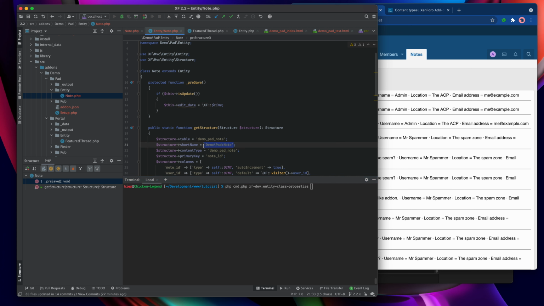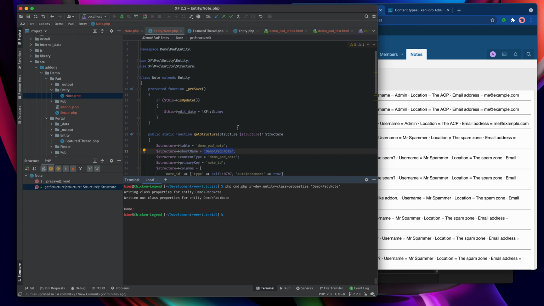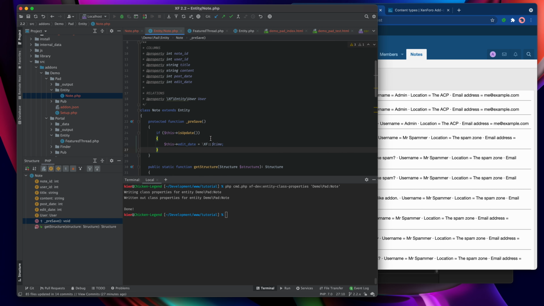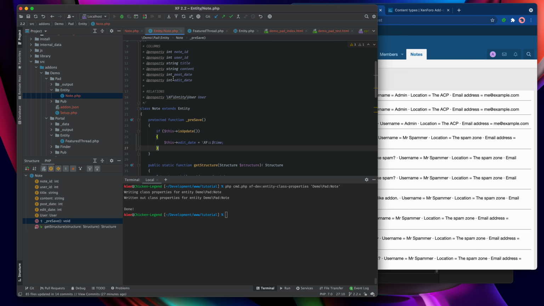So we're going to take that one, including quotes, because otherwise that backslash is going to be escaped. And I'll run that, and it tells me that it's done it. Well, what's it done? Well, if we come back in here and allow it to refresh, we now have properly written PHPDoc for the entire class, which is fantastic. So now it knows that edit date is an integer property of this class, and so it's not underlined as a potential problem anymore.